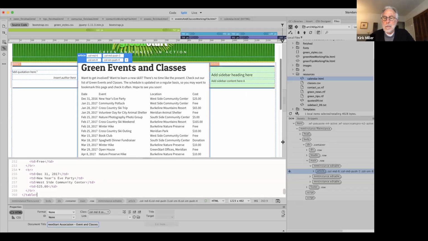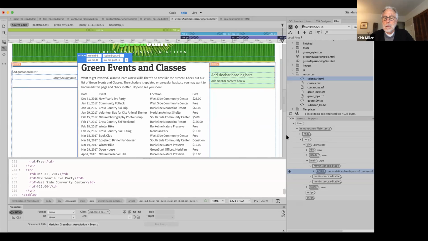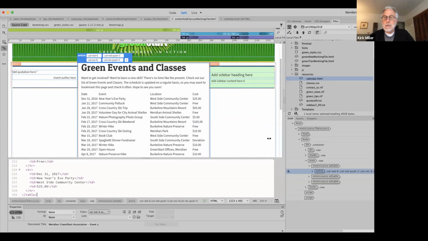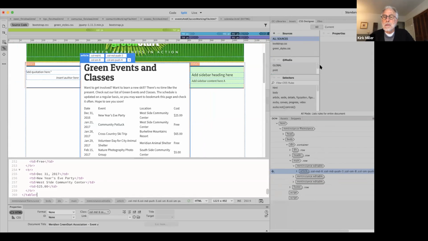So now what I want to do is we're going to go ahead and start styling this. I've got to expand this a little bit so that I can see our CSS designer and I can see everything here. I have to move some other stuff around on my screen so I can see what I'm doing. I'm going to make sure that I have green style selected. I want it to be global. And I'm going to come down here and we're going to start by adding a brand new, oh, wait,